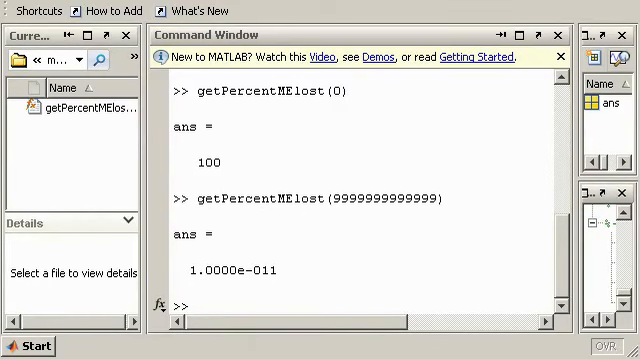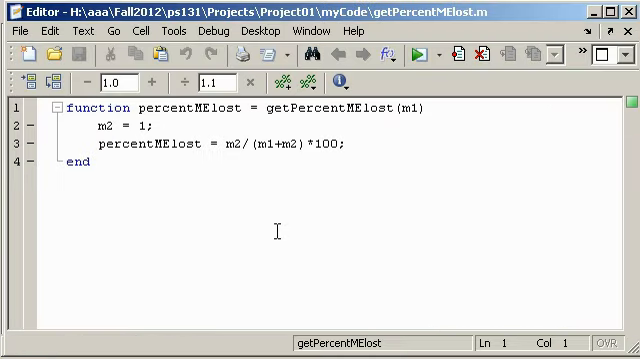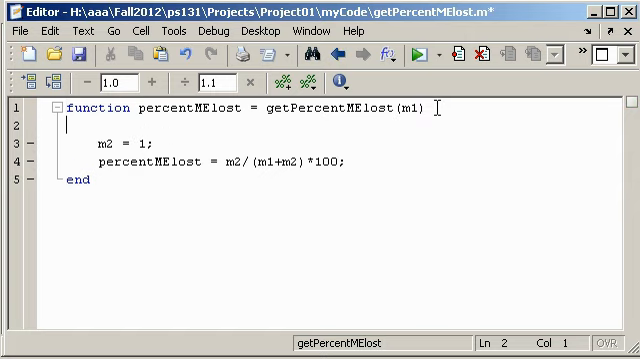This is project 1 video number 3, the one in which I document the code that I just wrote. I can get the editor back up by double clicking on the file name over here, and in the very first line I should say what it does. I'll put %. That means this is a comment, it's not part of the program, and I'll say %me lost